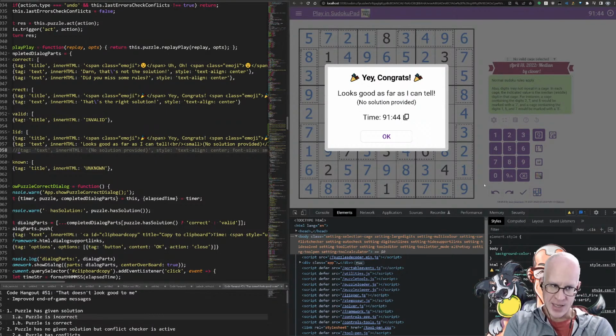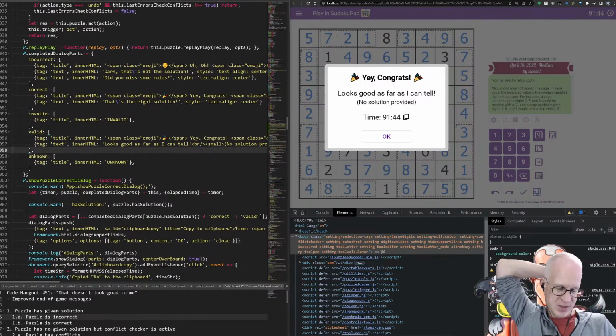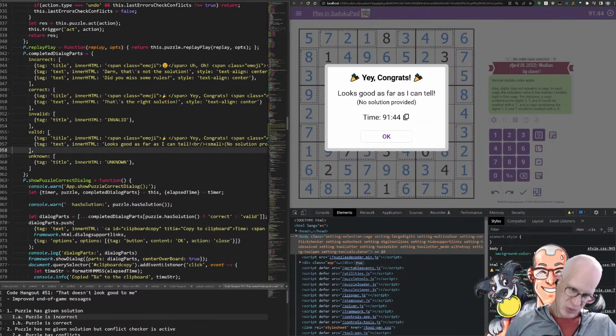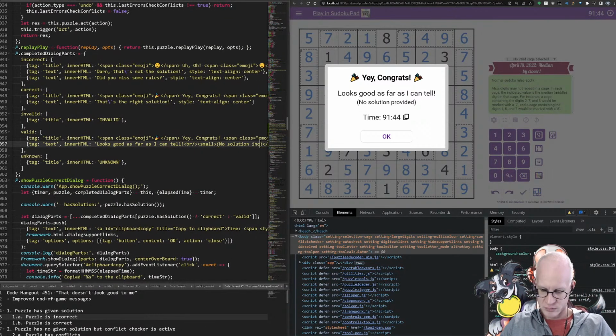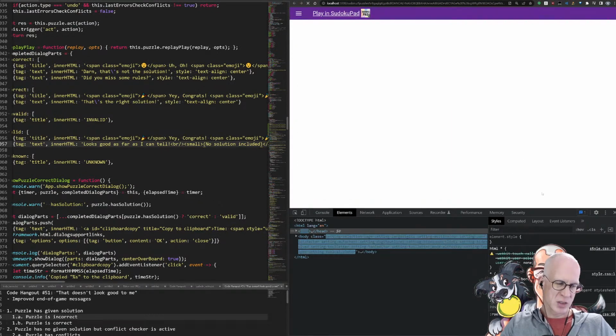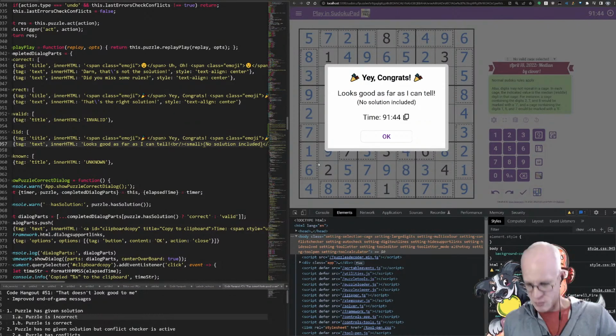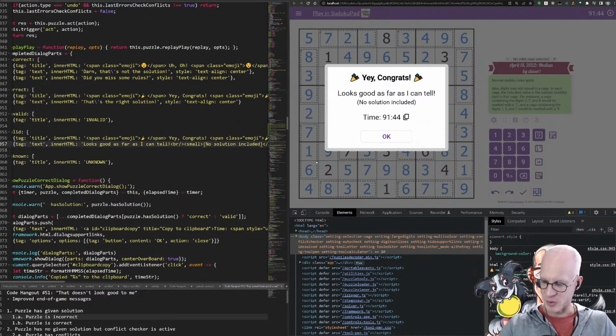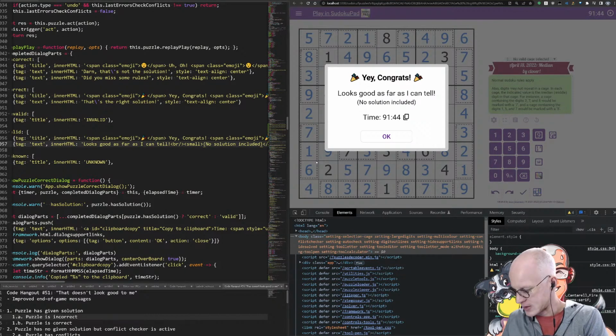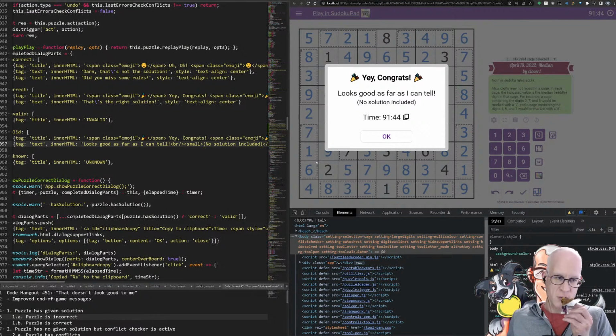Yeah, it's necessary, but I understand the confusion because it sounds like you didn't provide the correct solution, right? I just need a very spiffy short way of explicitly stating that the puzzle didn't include a solution. Maybe no solution included? Because the whole point is to remove the vagueness that people are complaining about, that they don't know if they solved the puzzle correctly, or why it is saying yes when it looks like there's an error and so on. So the whole point is to reduce confusion, right?